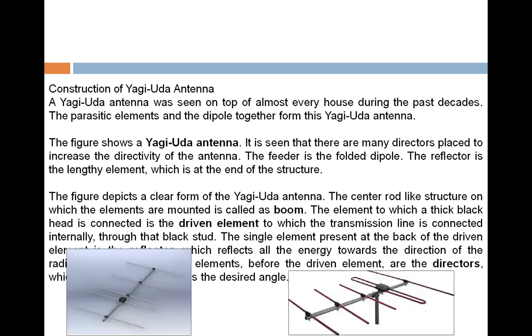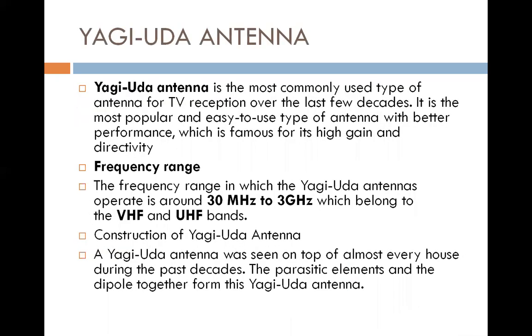So first of all, we see the figure. This is a Yagi Uda antenna. In this antenna, first we put the reflector and the folded dipole. This is the folded dipole. This one is a reflector, and the remaining part is the radiators. So we arrange in this fashion, making one Yagi Uda antenna.